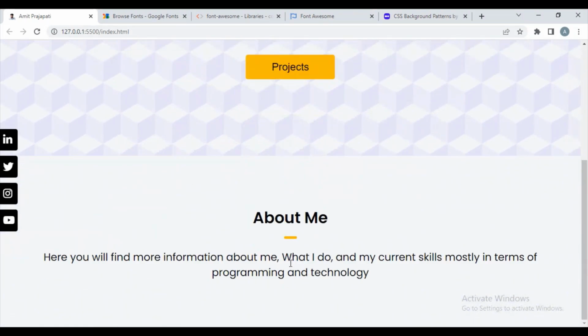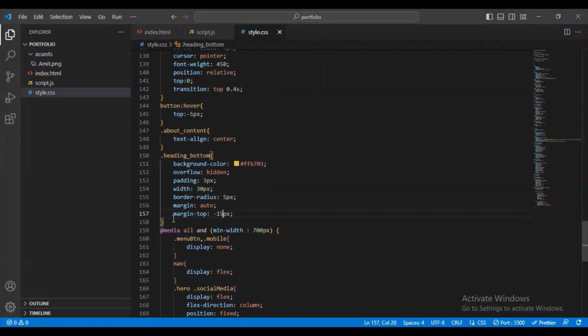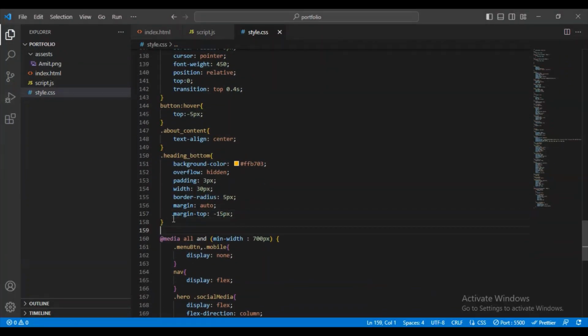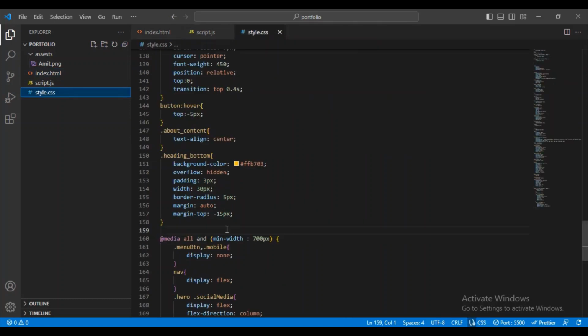And now this text I want to make. For that, let me just give the heading. Let me just copy the heading tag. I had not copied this heading tag, and come in the style.css, and here I will add